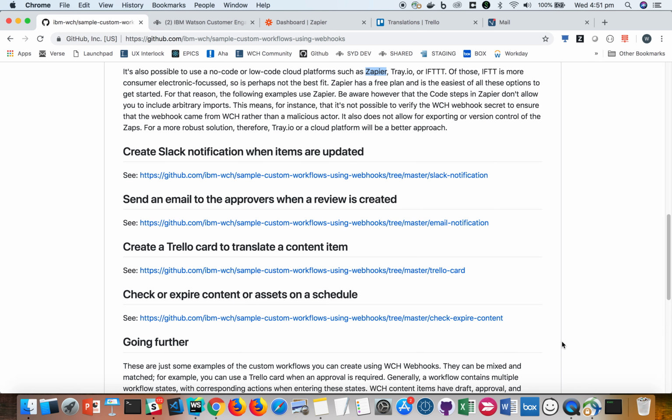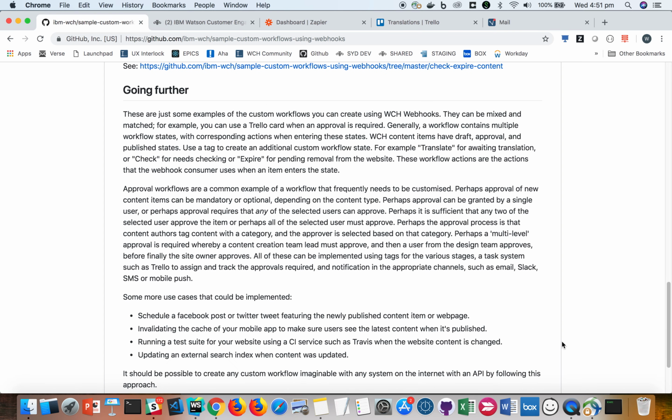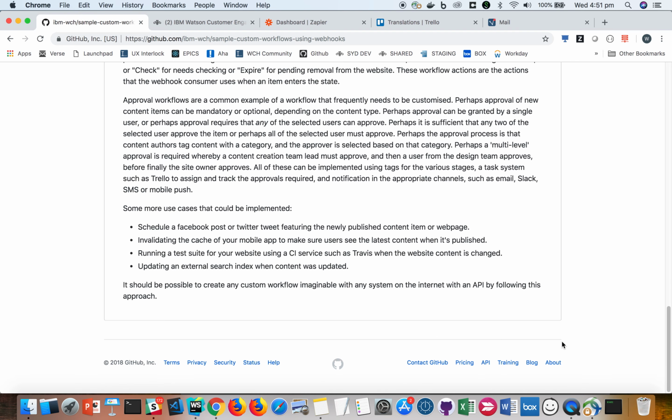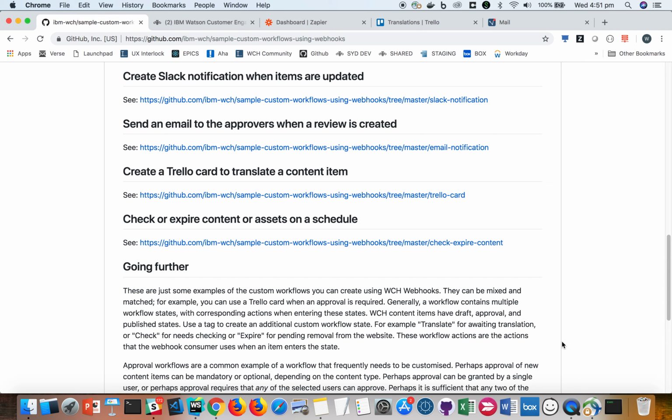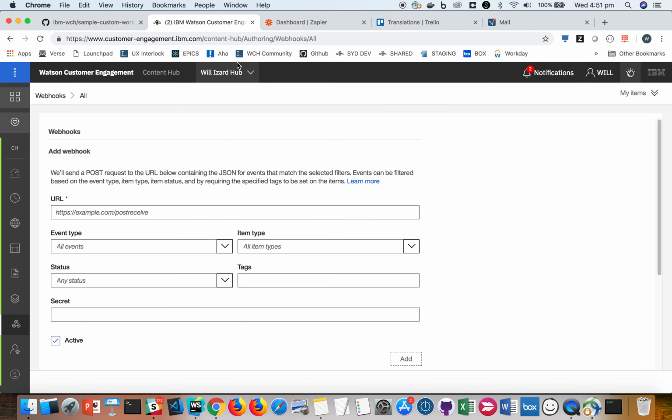So let's walk through a few of those samples that we put together. As it says in this repo with all the examples in it, you can do pretty much anything by connecting anything to anything. And there's lots of ideas in there, right? But let's show some things working. So we can create a Slack notification when items are updated. Let's walk through that. So the first thing I do is I go into the Content Hub here,